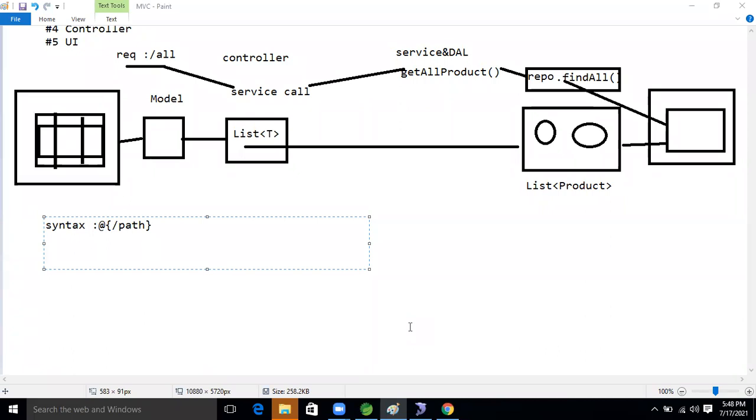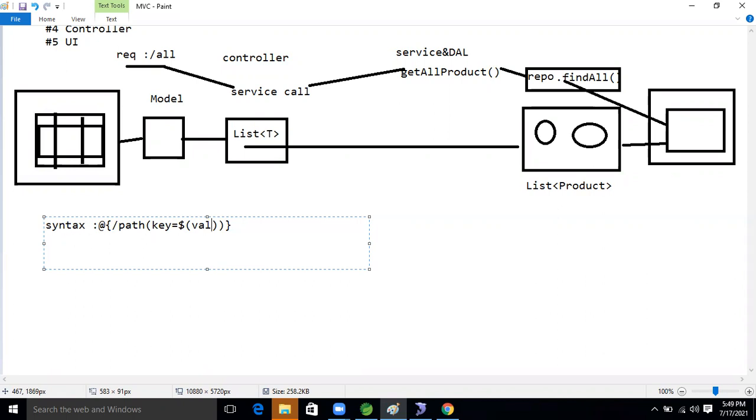Okay, let's start. Let's continue, sir. Here the path is there. Inside that path, we will specify what key and what it is equal to: a dollar symbol. The value will be decided by our application at runtime, guys. So we will take the value. This is the syntax now.